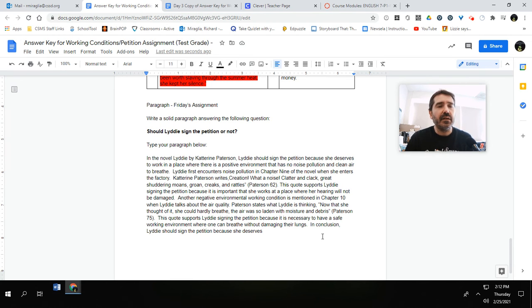Liddy's the hardest working person in the factory. She just doesn't want to be sick. And that's why she starts thinking about signing the petition, even though she doesn't actually sign it, because when she finally decides to, it's too late. So in conclusion, Liddy should sign the petition because she deserves to work in an environment